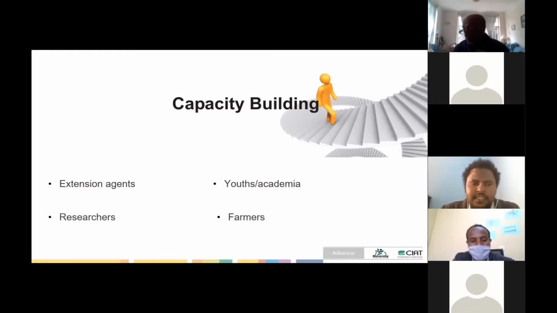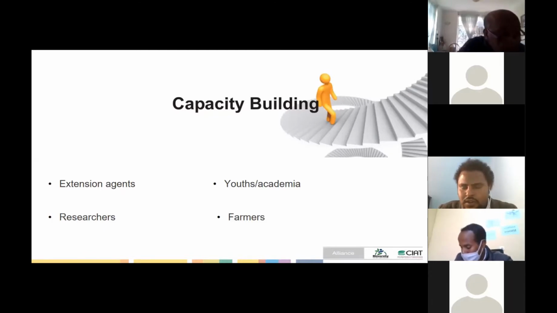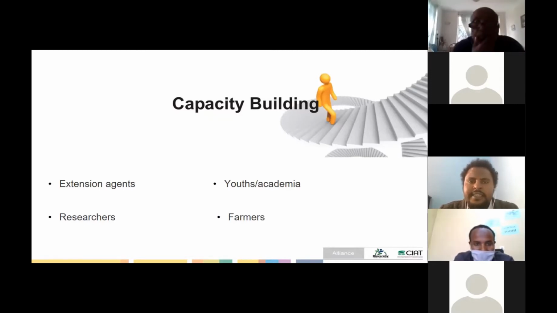So I think this is overall some of the updates in terms of data analytics and geospatial components, and maybe some of the members of the community of practice of the geospatial science are here. If they want to add a few things, they can. This is all from my end. Thank you very much.